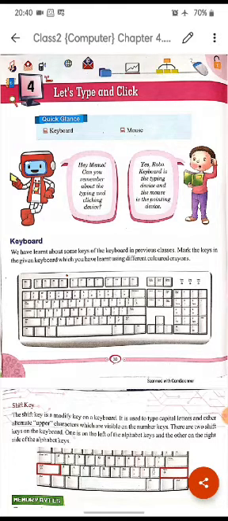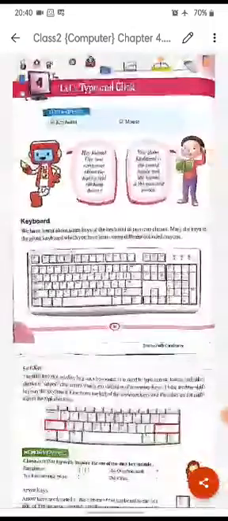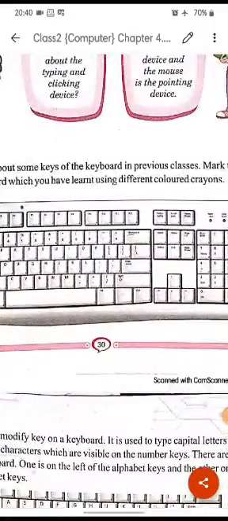Let's see next. Next here is keyboard. We have learned about some keys of the keyboard in previous classes. Mark the keys in the given keyboard which you have learned using different colored crayons. So here in this keyboard you have to mark the different kind of keys.